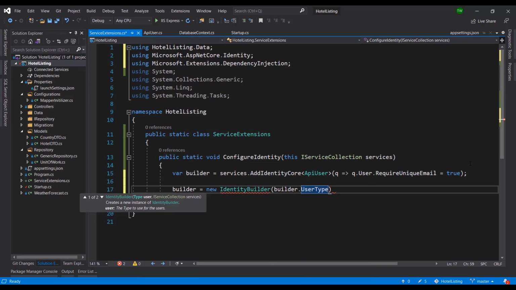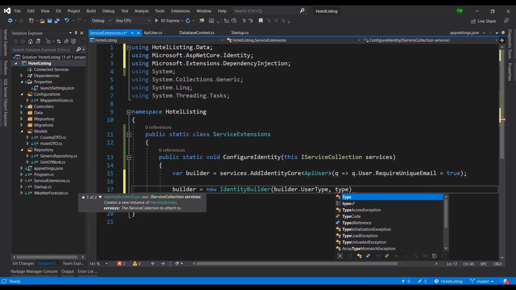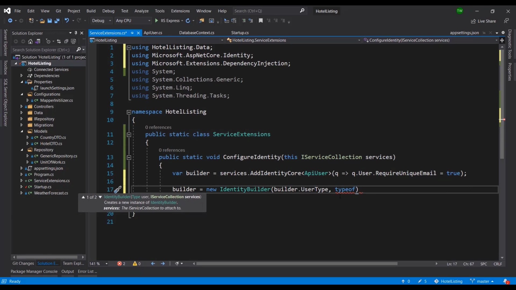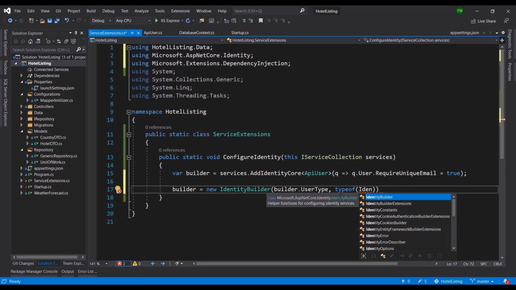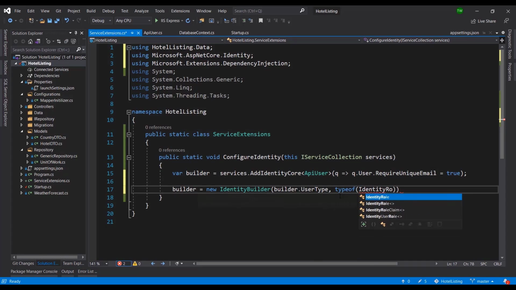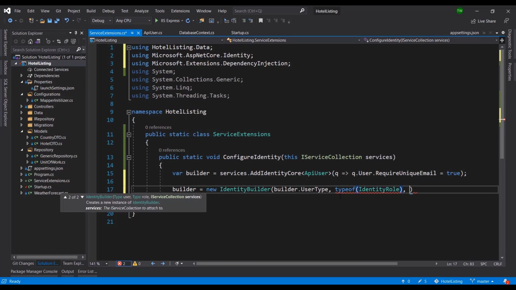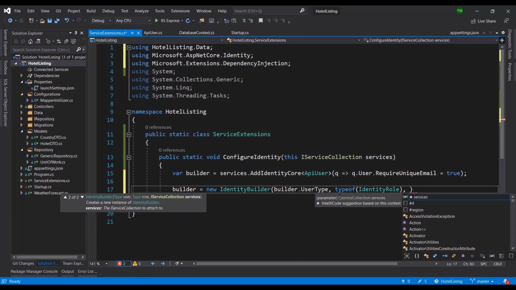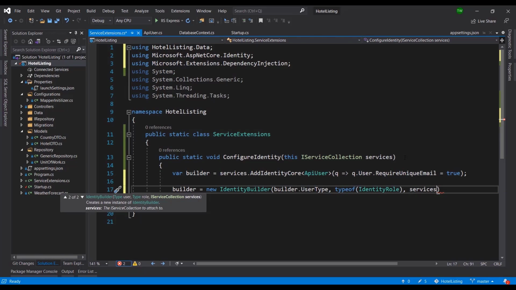Dot user type, right? So whatever type was specified, that's what was passed in there. And then type of, because I want to use roles. The same way that there's a built-in identity user, there's a built-in identity role. So role means, are you admin? Are you user? Whatever it is, that's what the role means, right? And then after specifying that the role should be there, I'm passing in the ICollectionServices object in the form